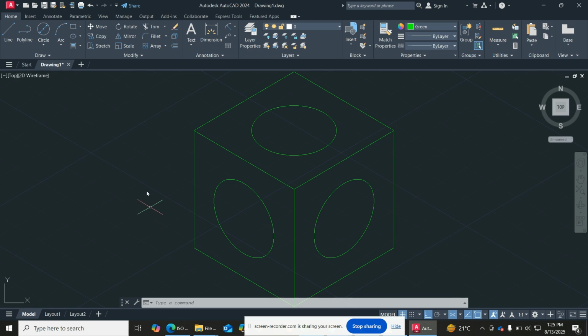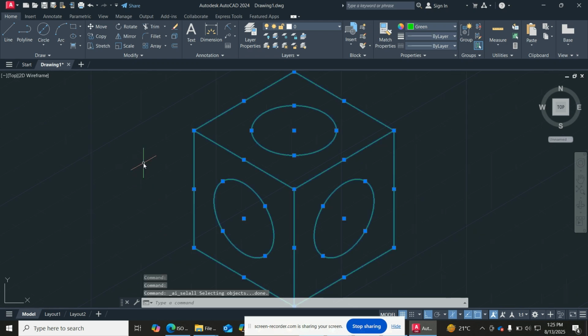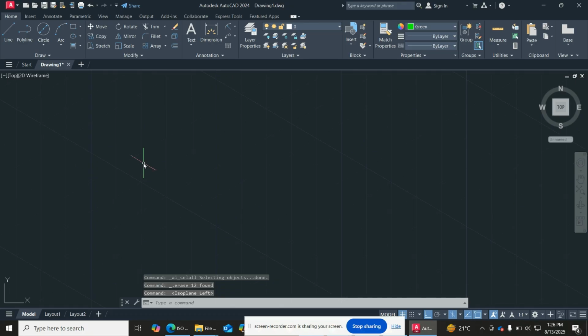Okay, so Control E. Let me say Control A, delete this one. So Control E, I'm drawing the left side. So let's take line, and I take here upward. How much is upward? 20, enter. This way